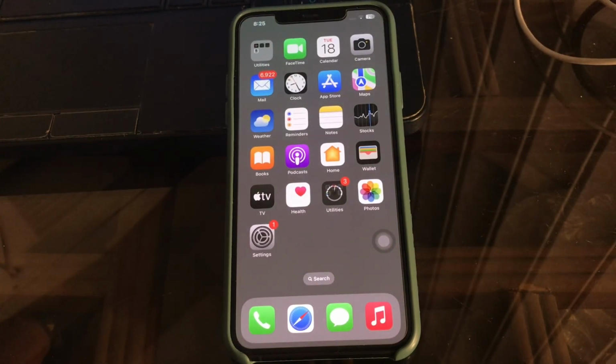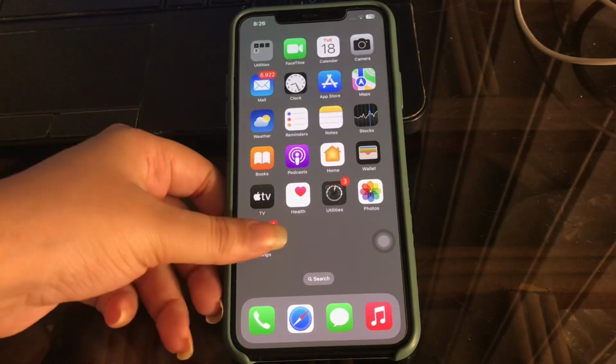So the first thing you should do is modify the auto lock setting on your iPhone. The auto lock feature on your iPhone is a setting that, when enabled, automatically locks the iPhone after a certain amount of inactivity. If the auto lock setting is set to an option called never, it will never lock your iPhone at all. So we recommend that you set the auto lock setting to 30 seconds, 1 minute, etc. but not never.